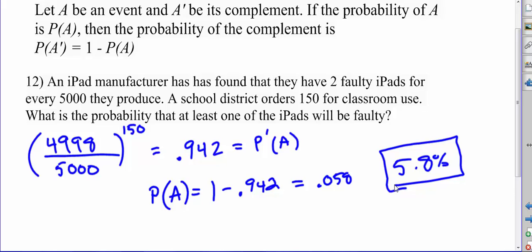at least one, but it's a really complex problem that can be made simple by looking at the complement. So keep that possibility in mind as you work, and you guys have a spectacular